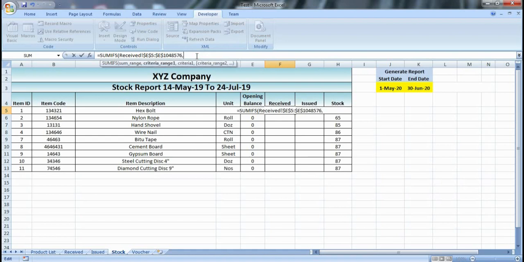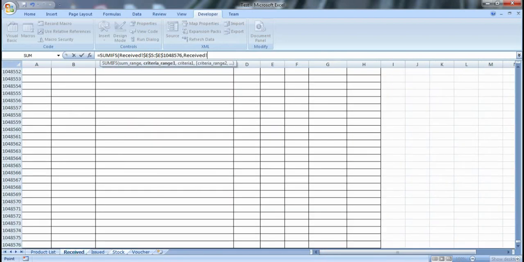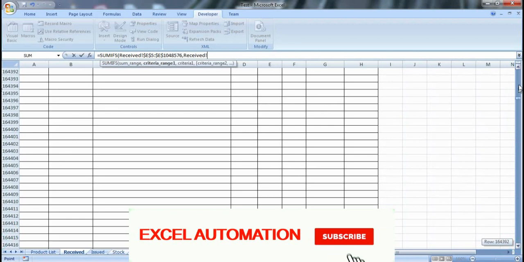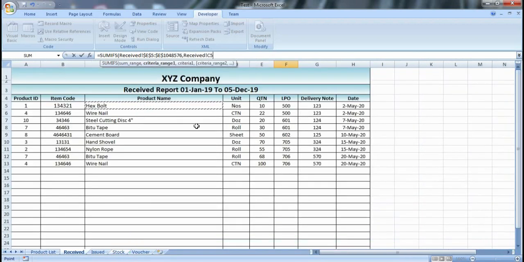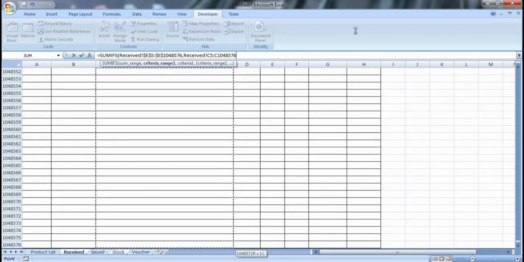Now it is asking for criteria range 1, so I will go again to the receive sheet and we will select this column because we want to sum the quantity on the basis of product name. We need the total of each product, so I will select this column to the end and again highlight this and press F4.